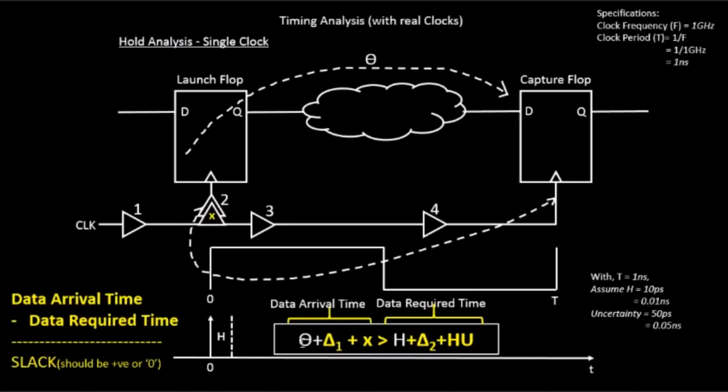Now if you try to increase the number of buffers in the launch flop clock path, the left hand side of the equation goes even bigger, and you see there is a very good impact, very good effect of this particular strategy on the hold timing. We are meeting hold by a much more positive margin. So there is an advantage to add buffers in the launch flop clock path, but again there is a disadvantage to this,